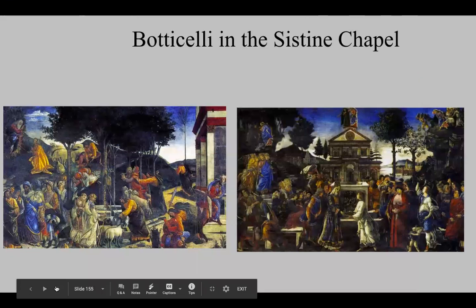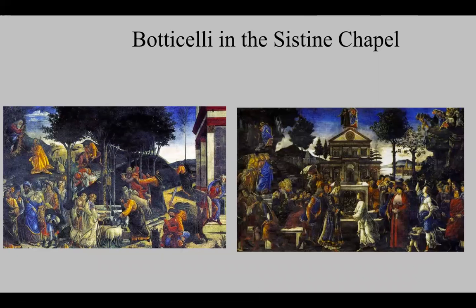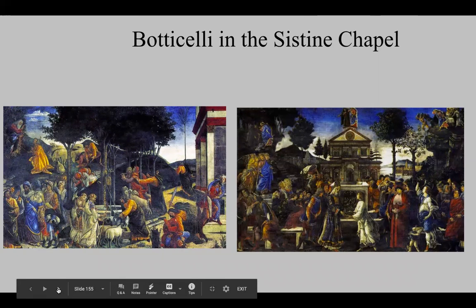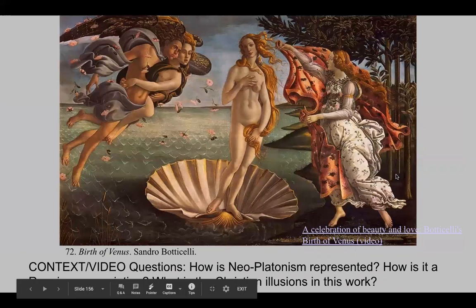Right? So here are some examples of Botticelli's more religious pieces. These are pieces that he painted in the Sistine Chapel. Before Michelangelo does the ceiling, there's a whole series of early Renaissance painters who basically paint the walls. And so Botticelli was one of those, right? And so